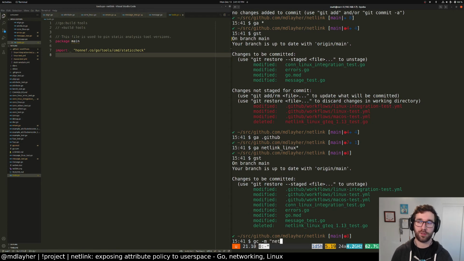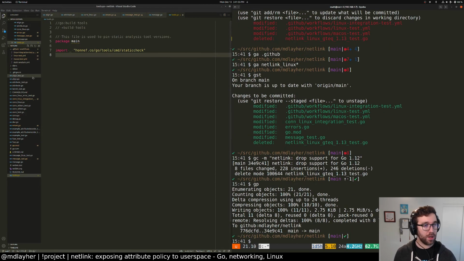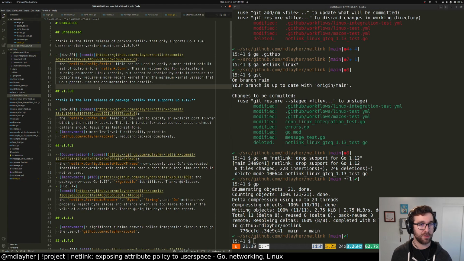Cool. Let's see here. So netlink drops support for Go 1.12. Great. Pretty happy about that for sure. It's going to make, again, the errors much better. So first release of the package that supports Go 1.13 plus. Older users, older versions of Go must use